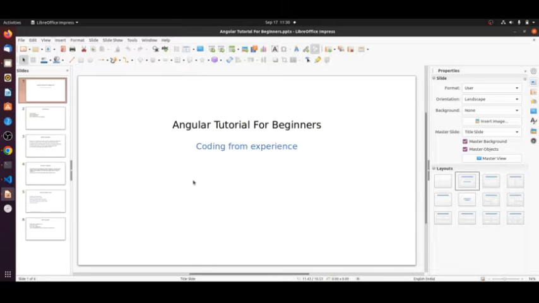So all of today's session and the upcoming sessions will help those beginners who are interested to learn Angular. So let's start the session. I have also prepared one slide, so here we will be discussing